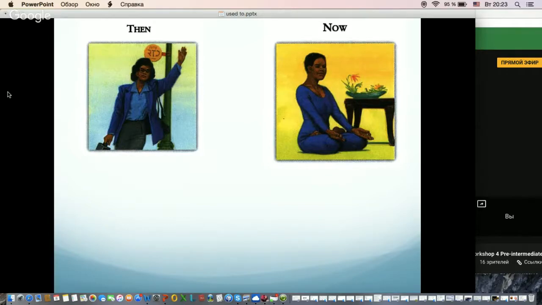So this slide is used as an example for you to let you know how I want you to make this exercise. So have a look at these two pictures. So who can we see in these pictures? We can see one woman. So the past of this woman and the present days of this woman. And I guess that the life of this woman in the past used to be a little bit different from her habits and from her